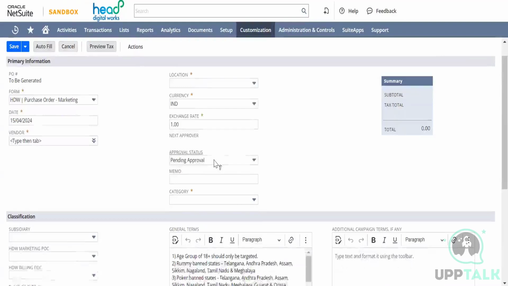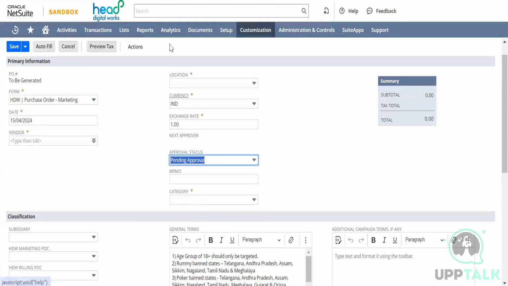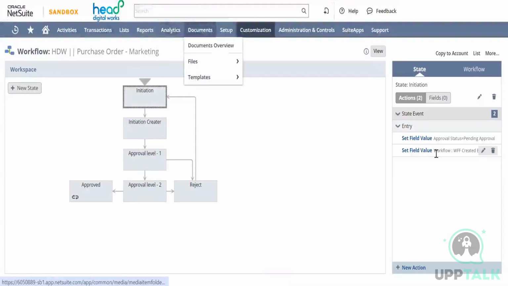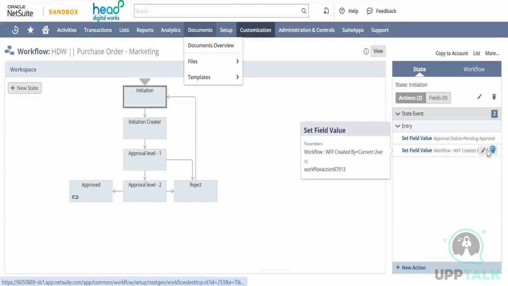So as you can see, this approval status pending approval. It will set that. Set field value, approval status pending approval. Set field value workflow created by current user. So this particular condition is specified because if you want to identify who has created the workflow,